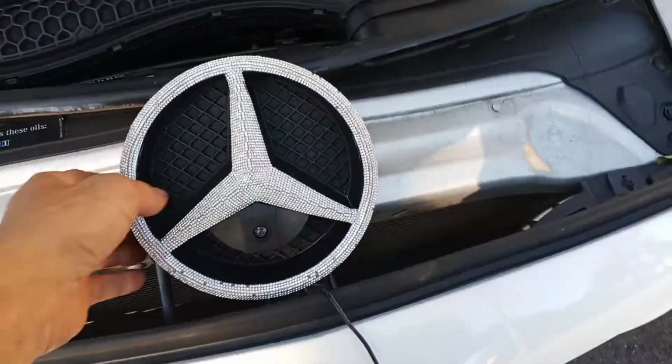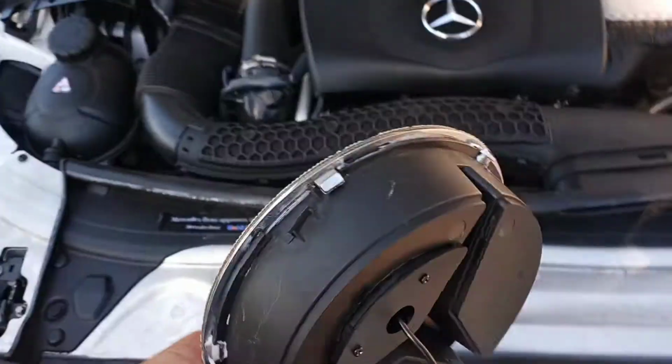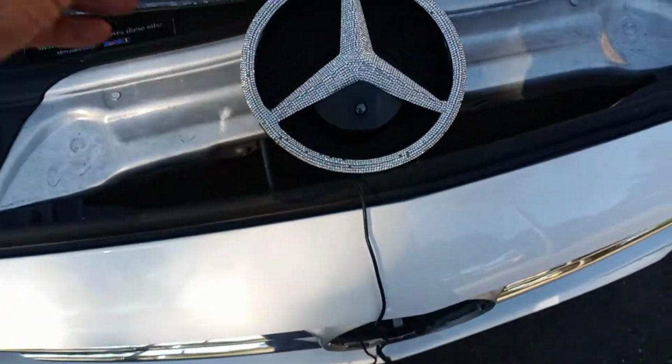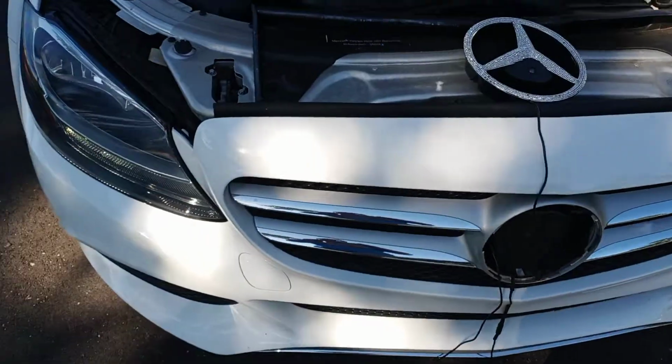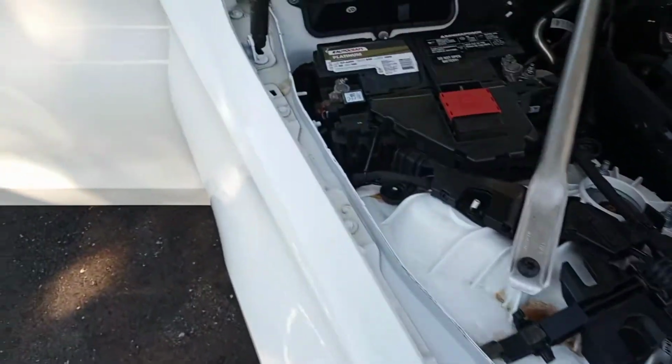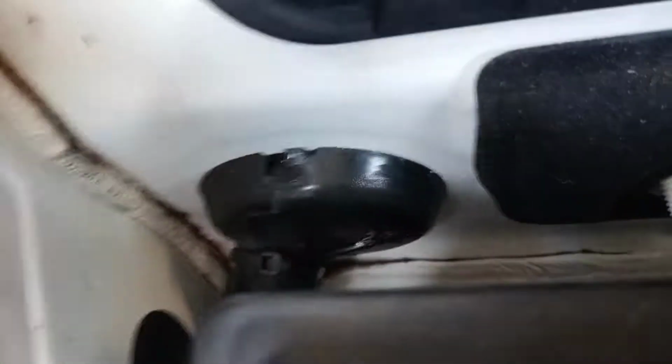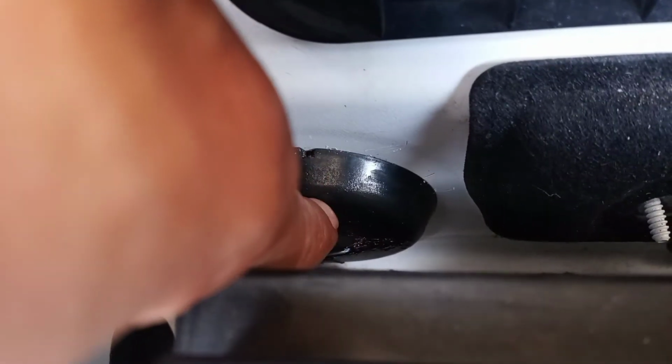So we got some more diamonds here. You do have to cut a hole out to mount the camera in. And then you gotta fish it through your best way possible. I follow the factory harness. I drilled a hole in that rubber grommet you can't see right here, and I fed it in, and that basically gets behind your carpets,